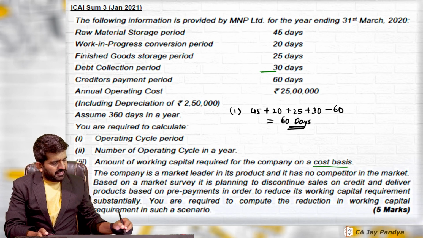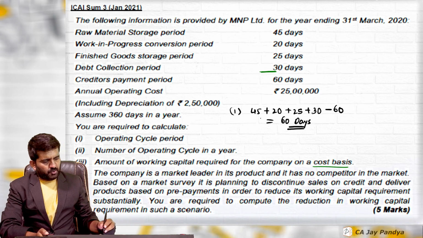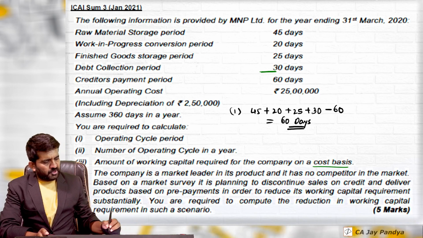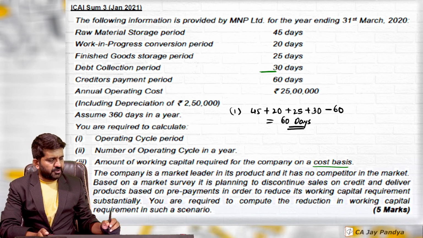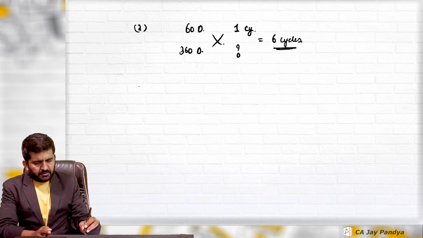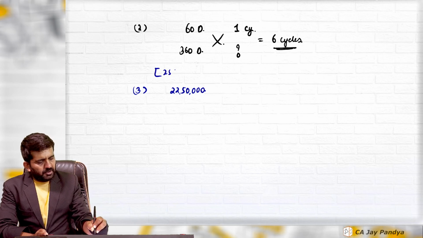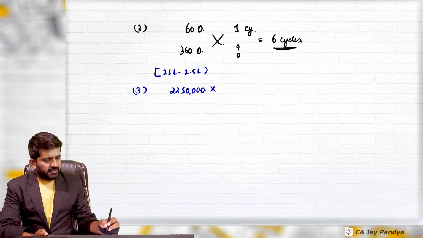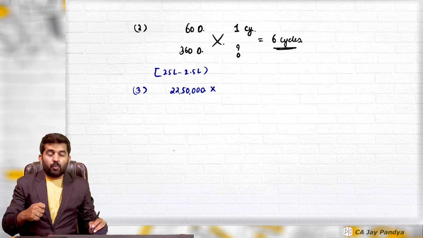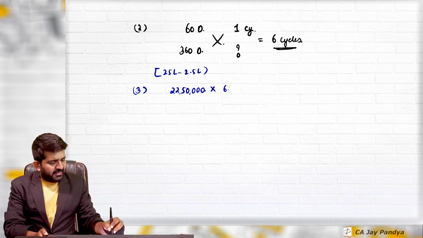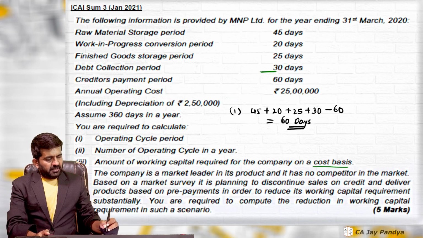Amount of working capital requirement for the company on cash cost basis. So what is your cost? 25 lakh minus 2 lakh 50,000 will be 22 lakh 50,000. How have I found this out? 25 lakhs minus 2.5 lakhs, which is 22 lakh 50,000, multiplied by your working capital cycle in days, 60 days divided by 360, multiplied by,